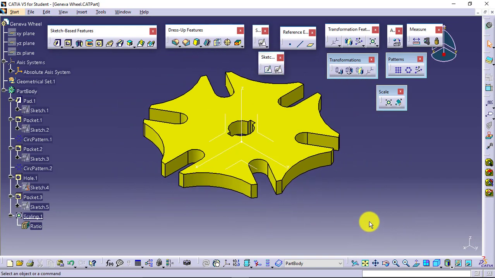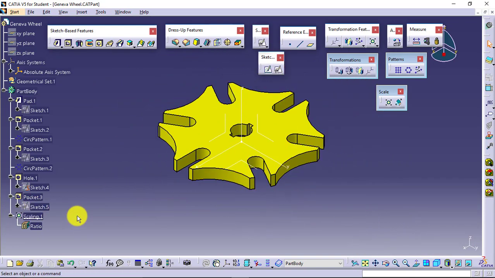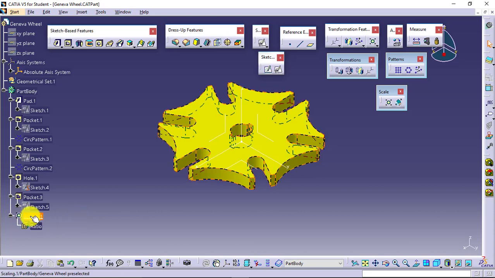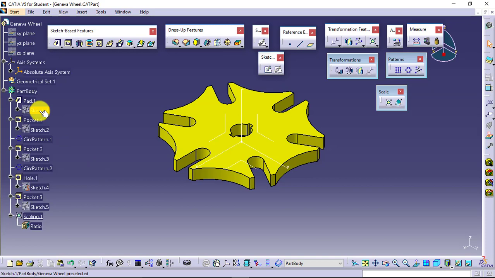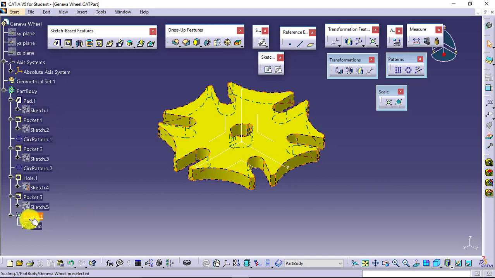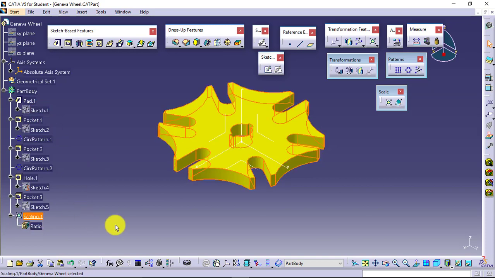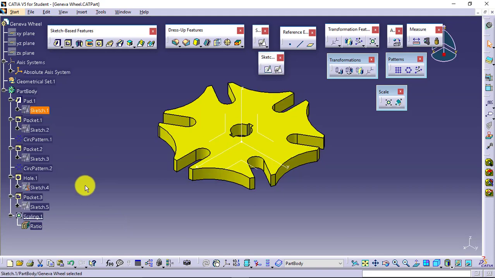Actually what I am defining is the scale factor, so the dimensions will not update automatically. Dimensions will be as they are. Just the shape and the size will update. Whatever sketch you have created, if the sketch is 10 mm, it will be 10 mm only.